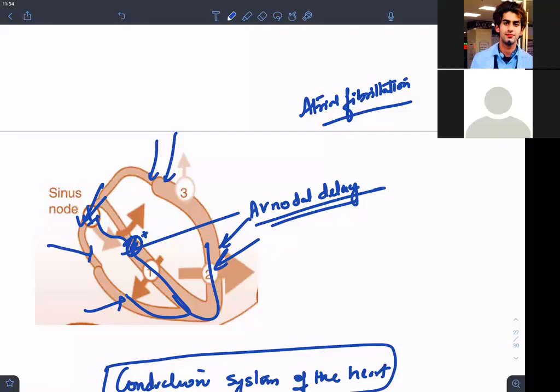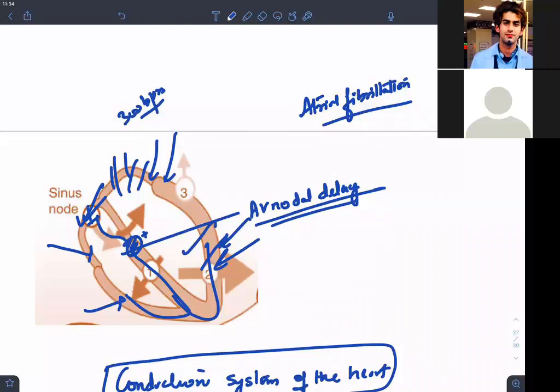So do you want these impulses to reach the ventricles also and start the ventricular fibrillation? If the atria is beating at a rate of 300 beats per minute, do you want this to start the ventricles also? No. So is the AV node at the same time giving me the protection of slowing down these impulses so that the ventricle also does not go into fibrillation?